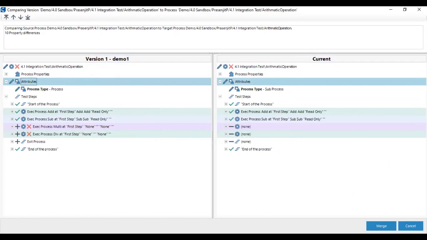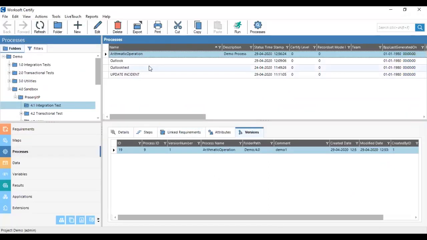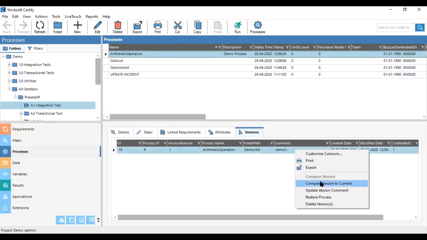Now we'll change something in the process properties. Let's see, I'll open the current version process and add some description: this is a demo process. I add one line in the process description and save it. After closing that, I click on the older version of the process and compare the report again.